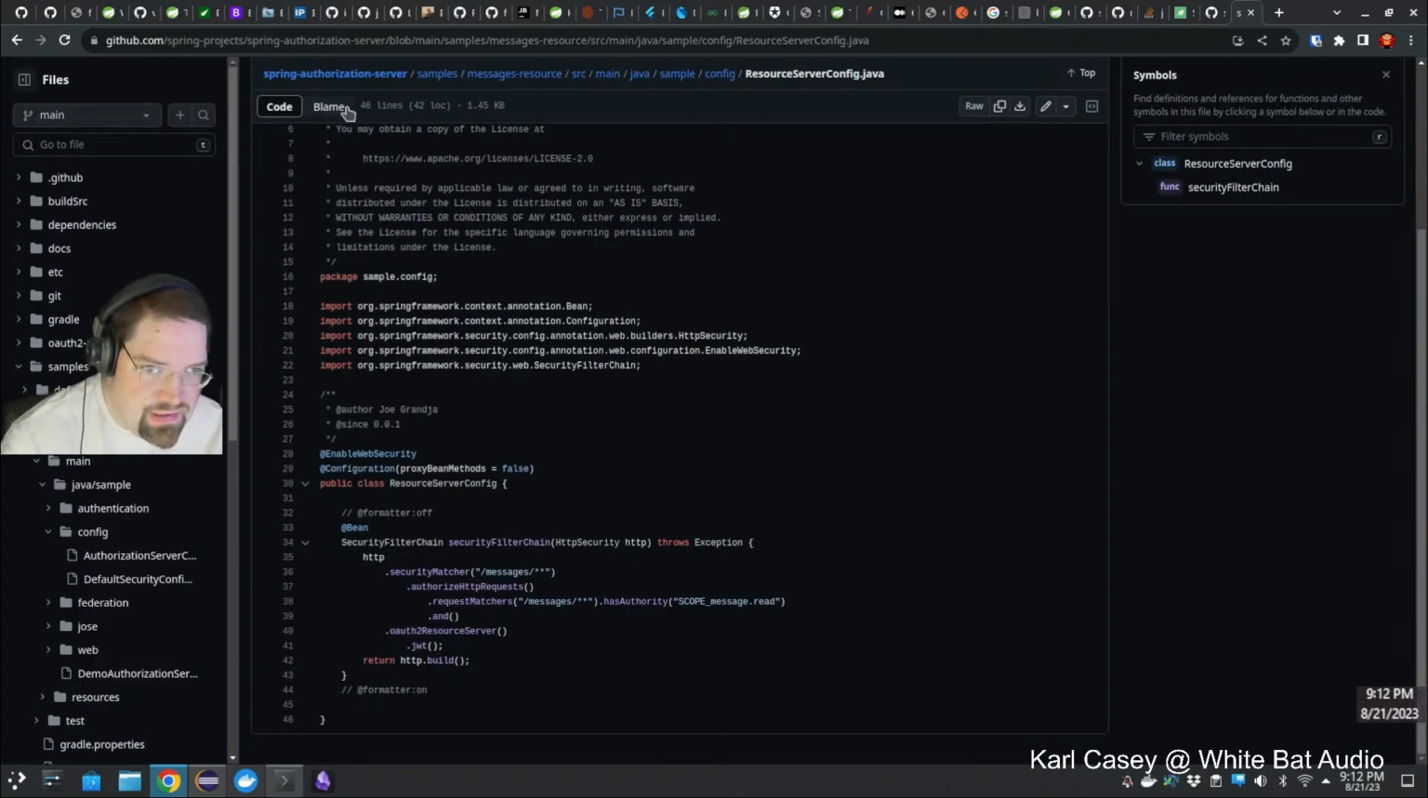So for instance, this is their resource server config, and their resource server is the API endpoints that you're actually going to want to hit. This is how they have their security filter chain set up, which is great and all, except that this is using deprecated methods, which is a whole lot of fun when your samples are all using deprecated methods. But there you go. I've modeled these roughly as close as I could